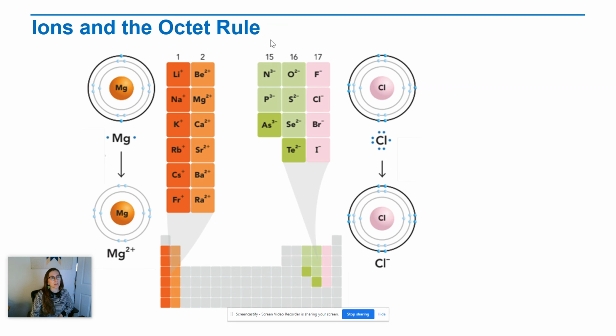If we skip over the transition metals and go over to groups 15, 16, and 17, we see that everything in group 15 has 5 valence electrons, right? So we know they need 3 more. So they're going to gain 3 more from somewhere else and become a 3 minus, negatively charged anion. Oxygen only needs 2 additional electrons, so if it gains those 2 electrons, it becomes a 2 minus charge, so everything in group 16. In group 17 only needs 1 additional electron,